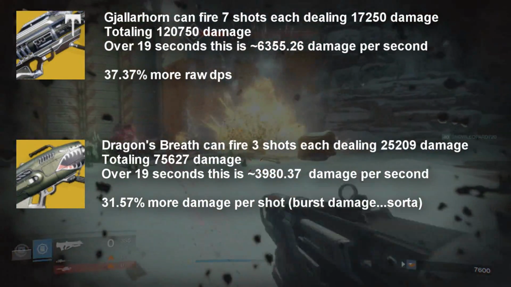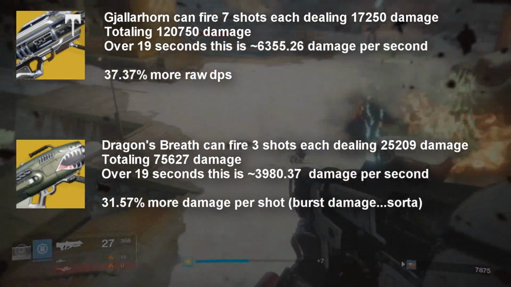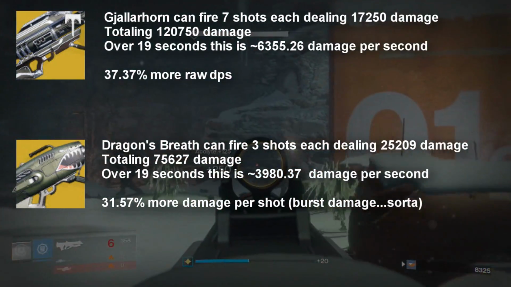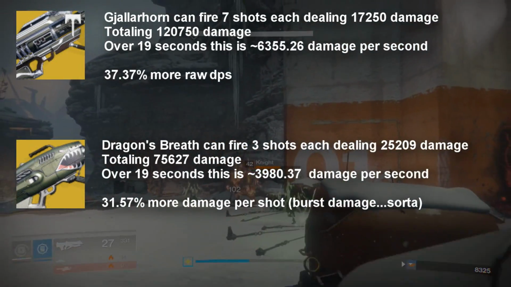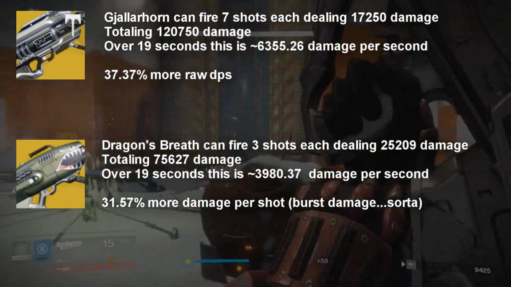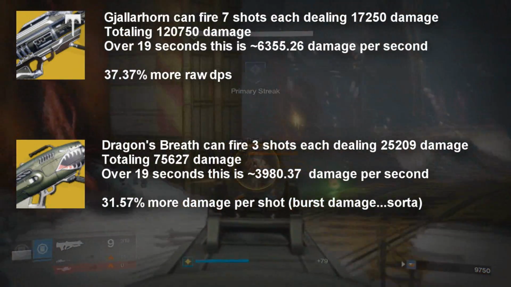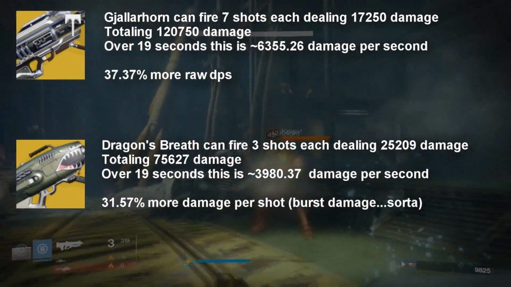If we round that to a flat 19 seconds, this means the Gjallarhorn does approximately 6,355.26 damage per second, while the Dragon's Breath falls approximately at a measly 3,980.37 damage per second. Now, I'm fully aware this isn't new information, but like I said, I've seen videos stating otherwise and wanted to at least clear this up among my viewers. While per shot, the Dragon's Breath is 31.57% more effective,